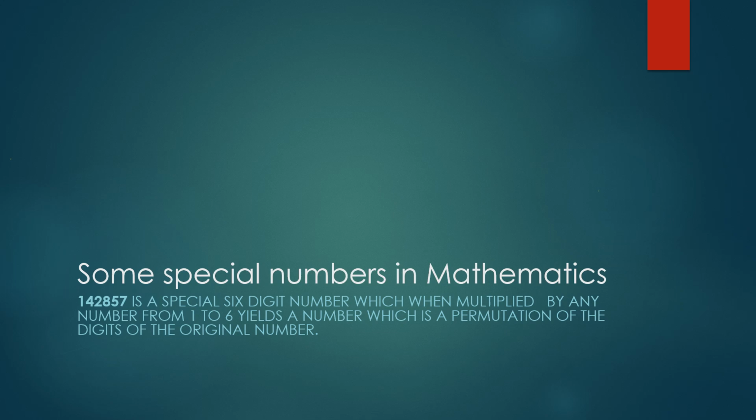If I multiply that number by, let's say, 2 or 3, all the way up to the number of digits of that number, I will get